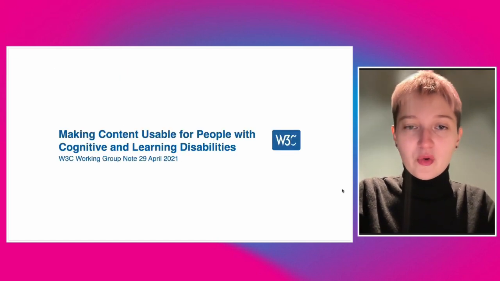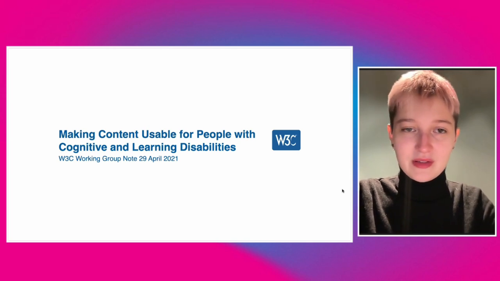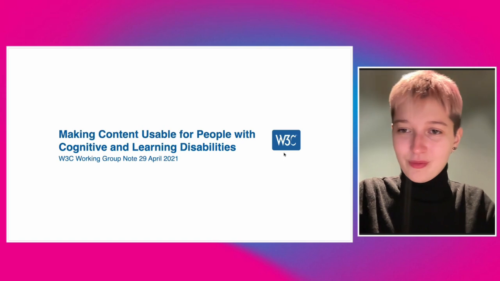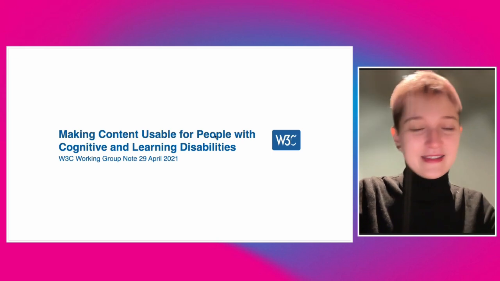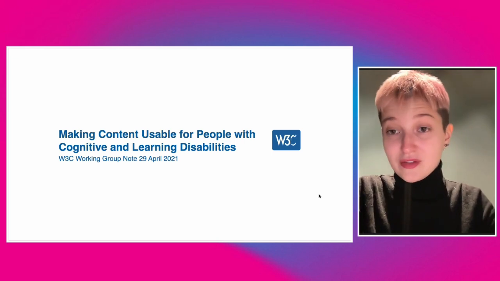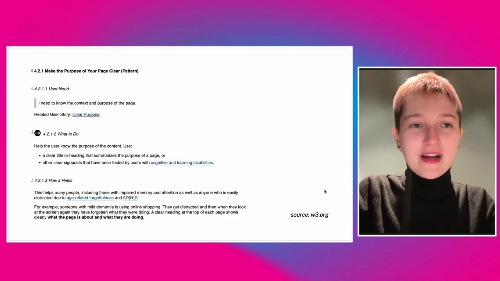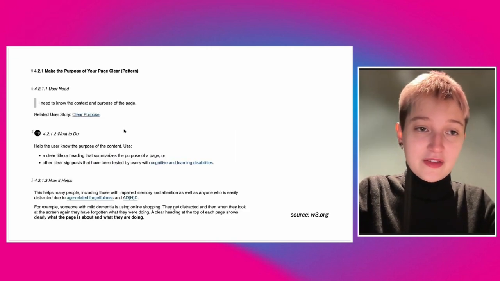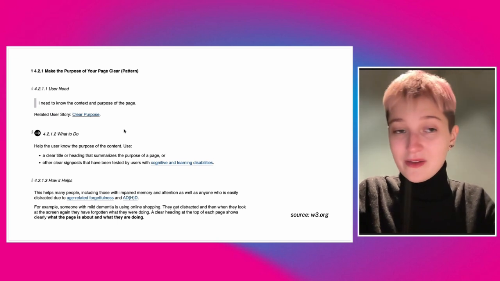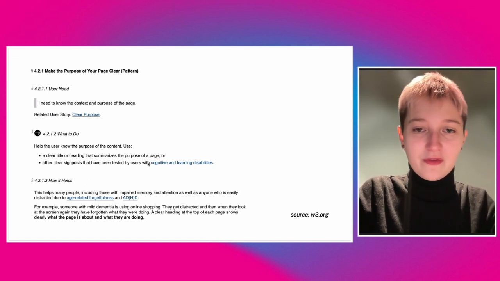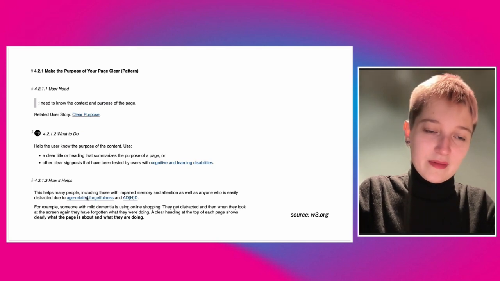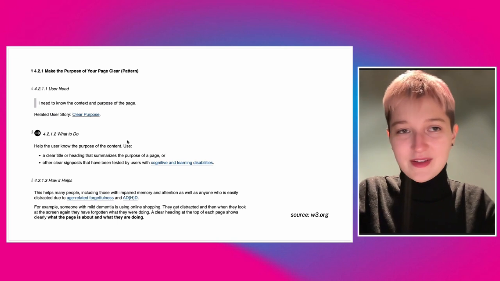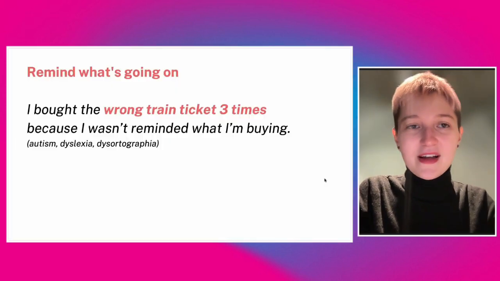And when looking for good examples, in that case, I really recommend this often overlooked part of the W3C website about making content usable for people with cognitive and learning disabilities. I think it's not as popular as it should be, so that's why I'm bringing that one up. And it's pretty nice to scan and to look for specific examples because they quote a lot of their research, the insights from the user test, and some phenomena they're talking about. So I really recommend this one as a resource.